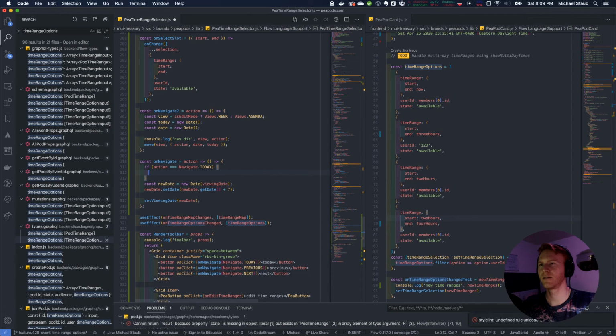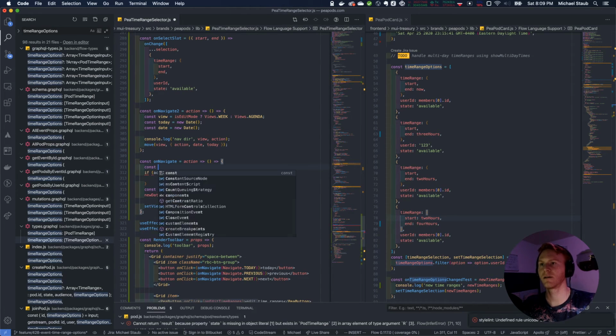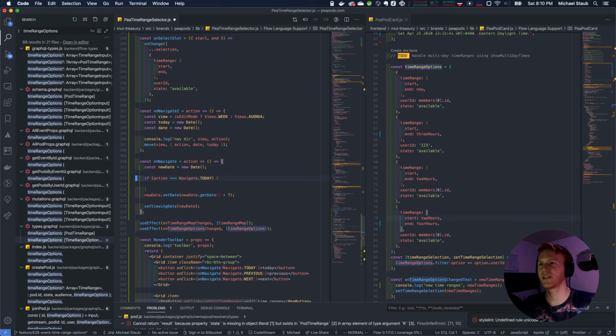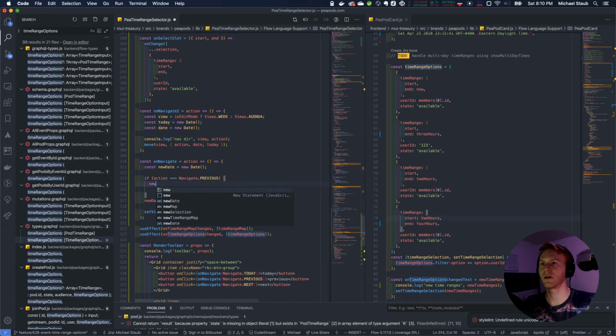Then let's do it like this. Const new date is just the viewing date. If action is today, don't do anything, right? So if it's previous, then we're gonna do new date